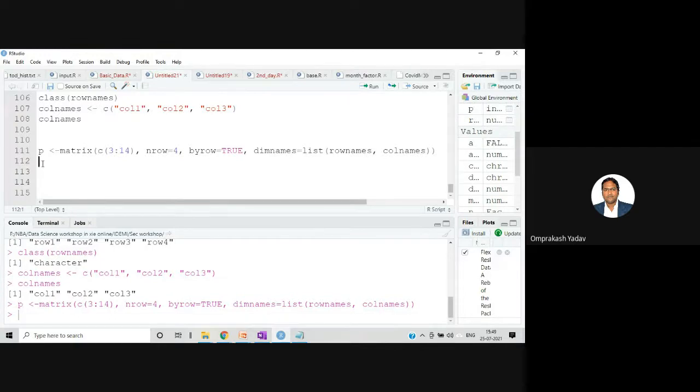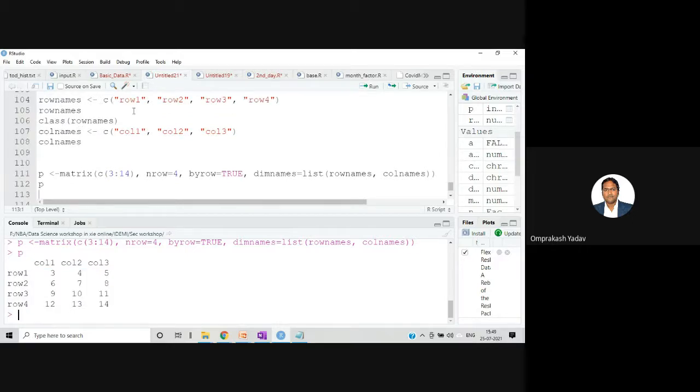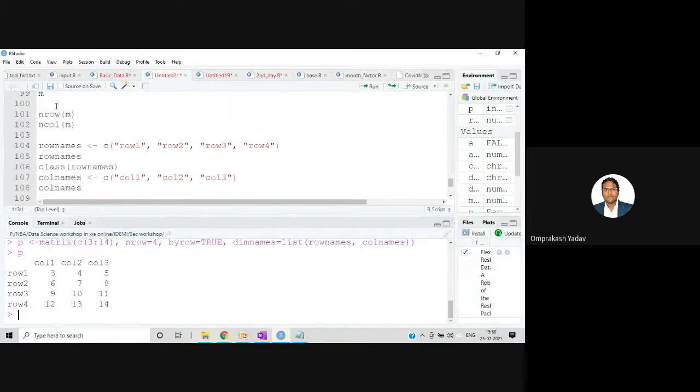Let's print. If we print now, we will get the row names as well as the column names. How have we specified these? Initially, we first created the character vector with the row names, second one with the column names. You should know before giving these names how many columns and how many rows there are, so that you can calculate with the n row and n column functions.